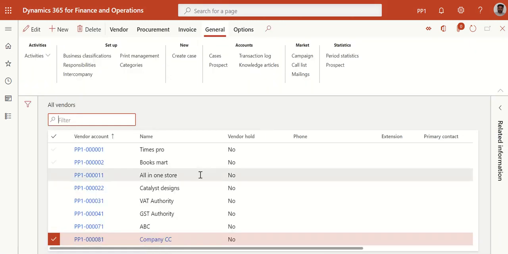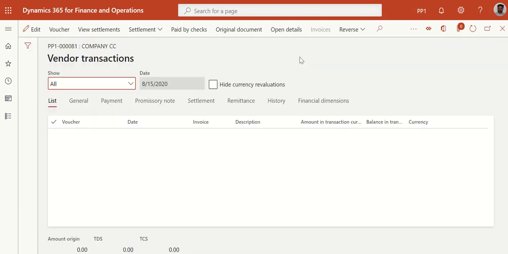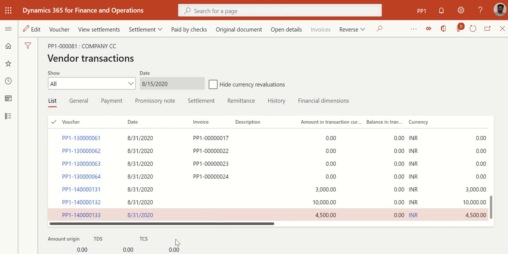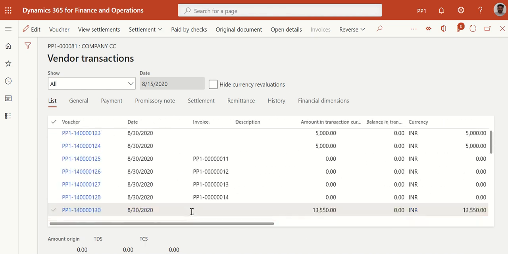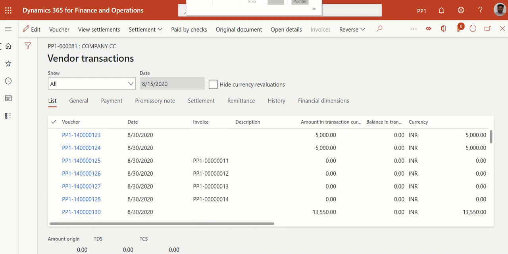Just a second. I'm not getting the transaction option here. Oh, it's vendor. So you can click on transactions. You can see there will be a transaction that's created here for 15,000.